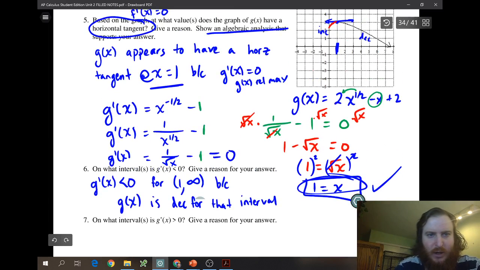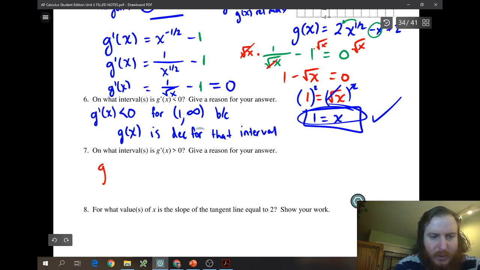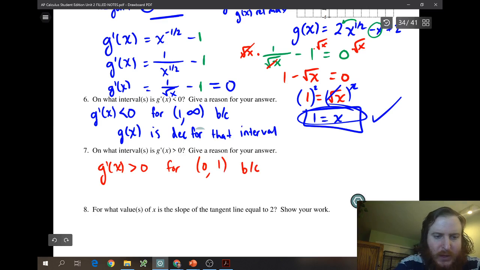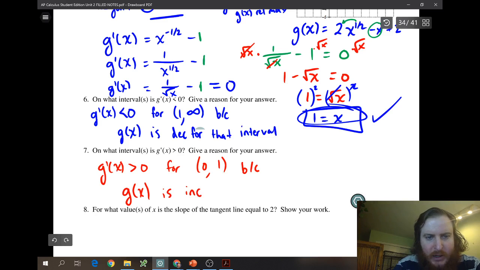Now it starts off at 0, right? So g prime of x is greater than 0 for 0 to 1. If you put a bracket at 0, you would actually be okay here. I'm going to leave it without, but either way would work. Some textbooks will do brackets, some won't. I like to, anytime I'm doing increasing, decreasing, I just use parentheses. It makes it easy. You're going to get full credit no matter what. So for that interval,